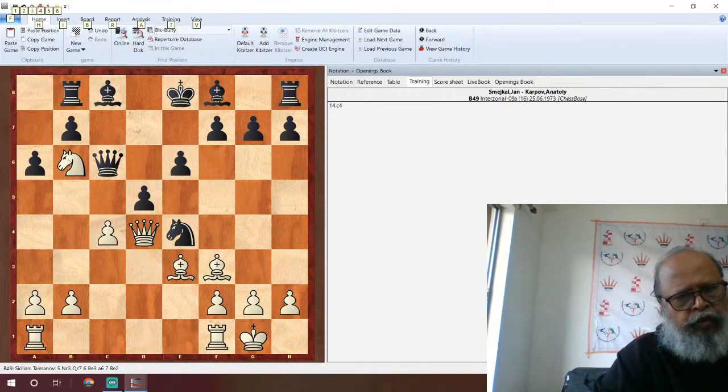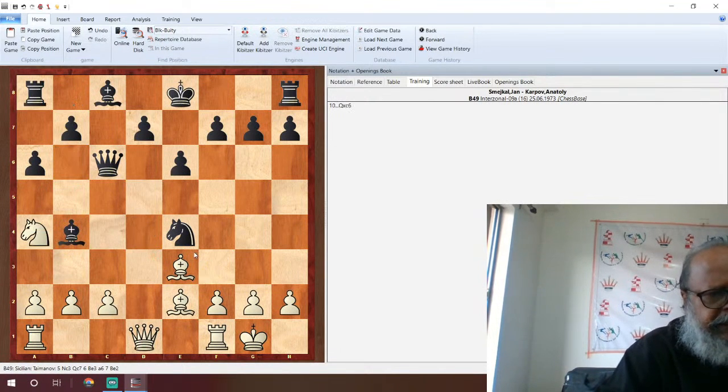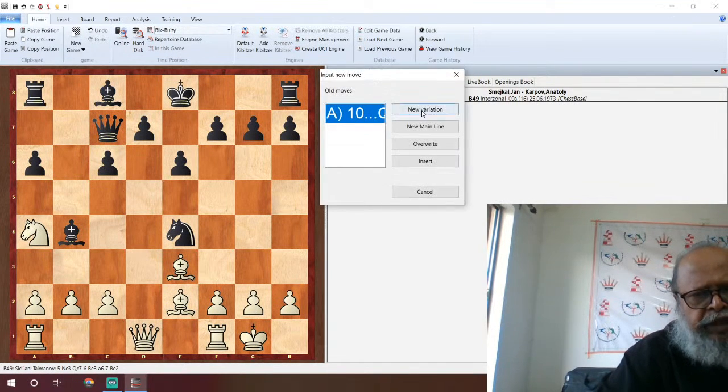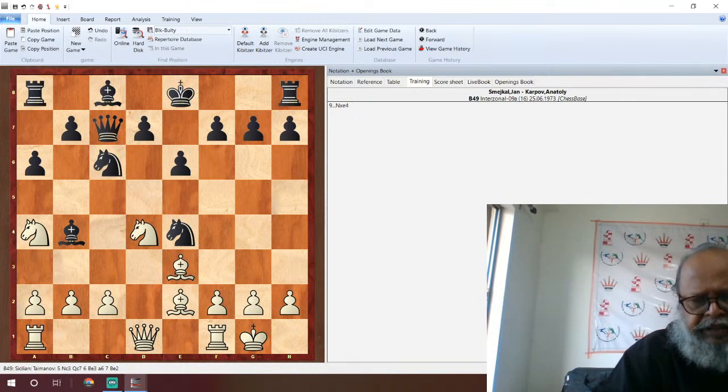Now 1, 2, 3, and 4. This pawn is going. So this is bad. So you cannot do that. And taking the pawn also, the same thing. I will have the same thing. The queen d4 will come, the same answer. Returning two pieces. So in the game, he played here,